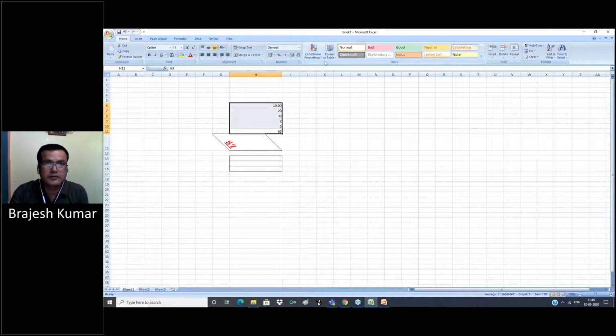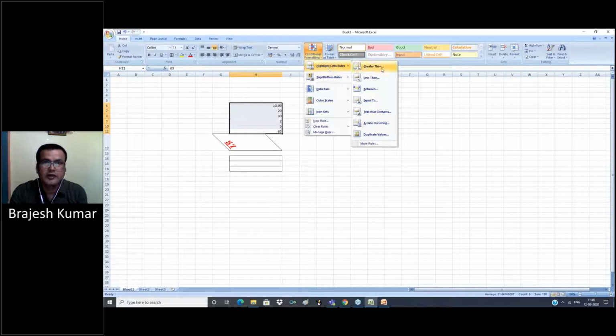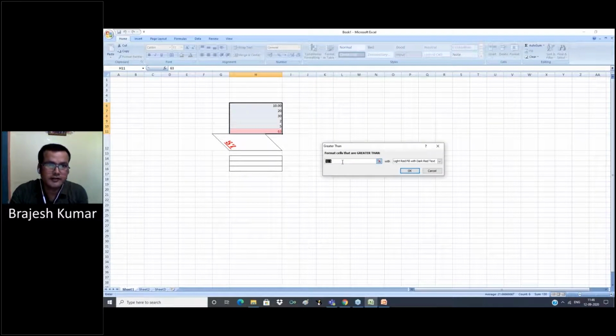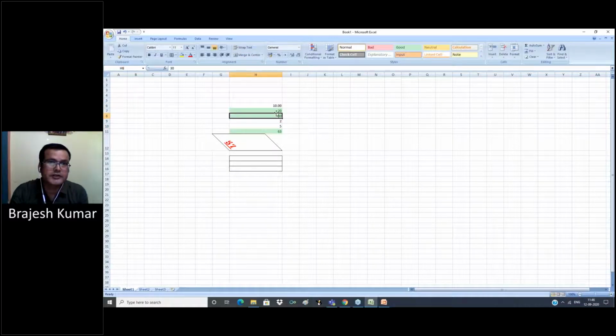Now conditional formatting, highlight cell rules, select greater than 10 with a green fill. Okay. Now the cells which contain data more than 10 are greenish, displaying green color.